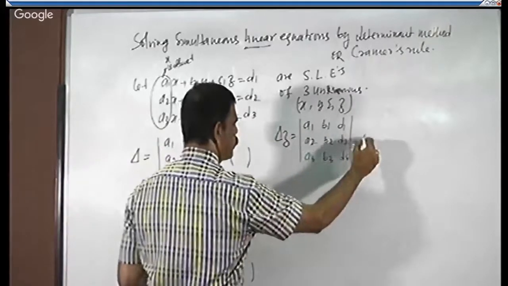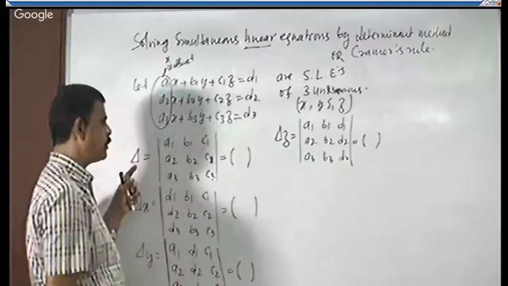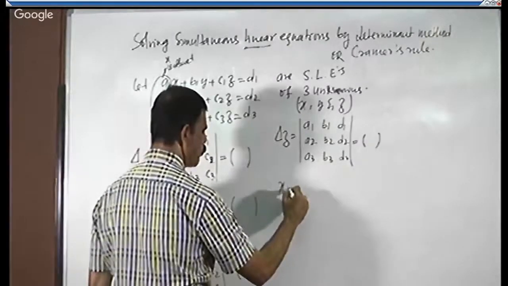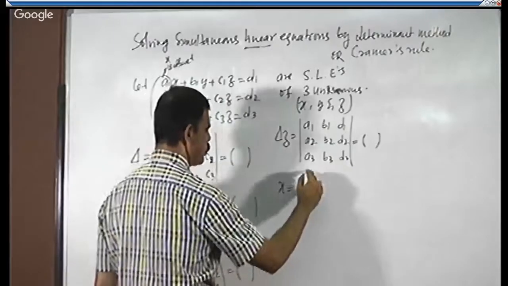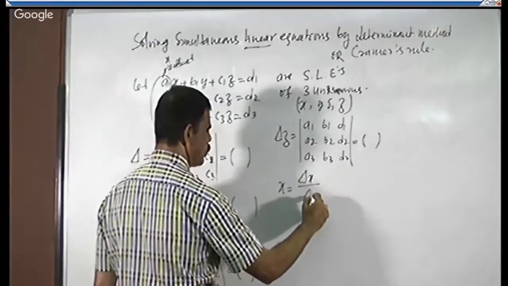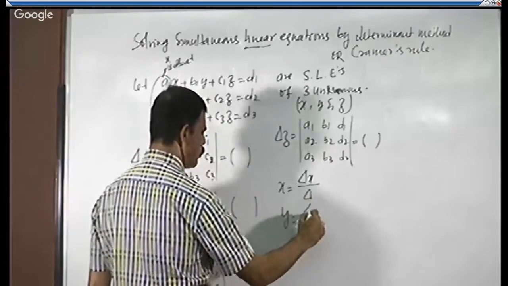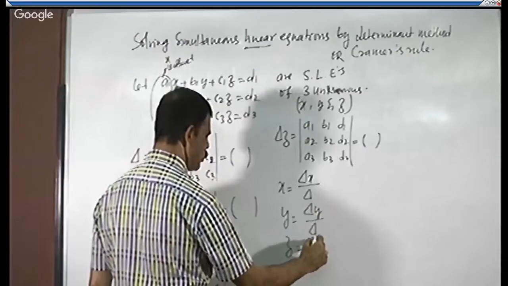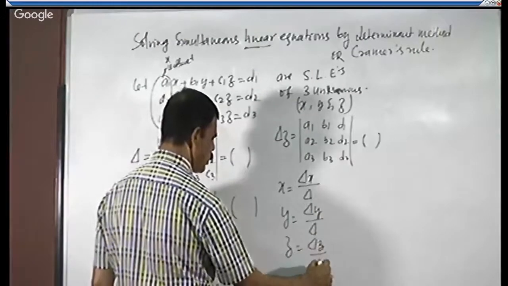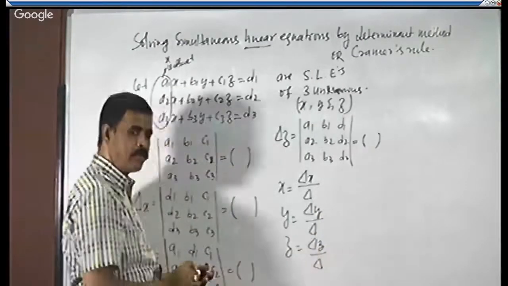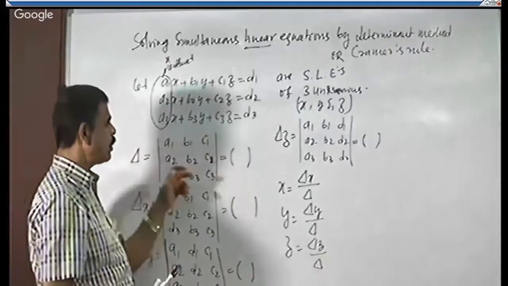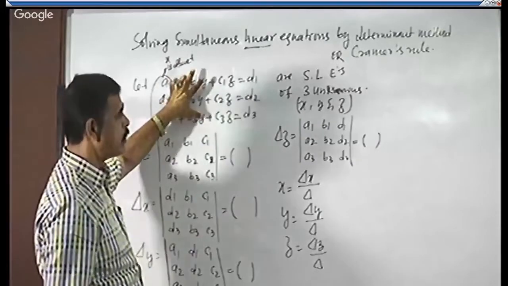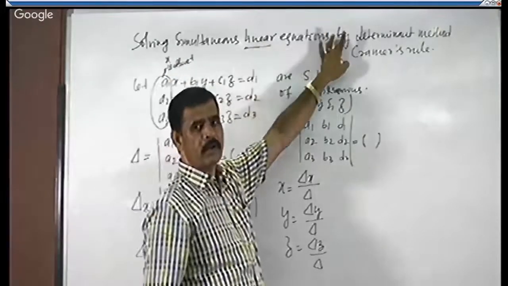Expand it, you will get certain values. Using delta, delta x, delta y, delta z, we can calculate the unknown values. x is equal to delta x divided by delta, y is equal to delta y divided by delta, and z is equal to delta z divided by delta. This is the procedure we need to follow to get unknown values in simultaneous equations using the determinant method, or